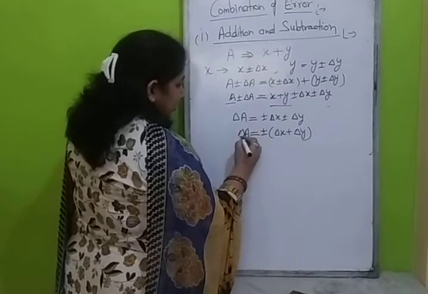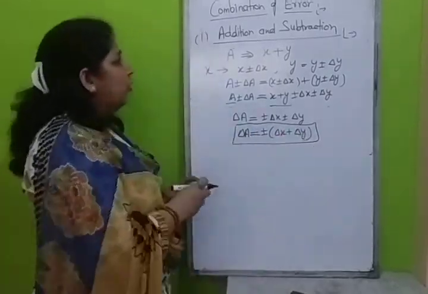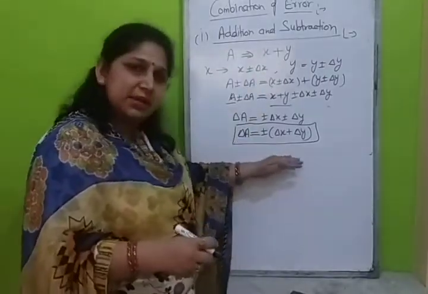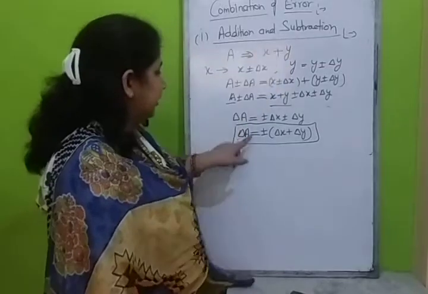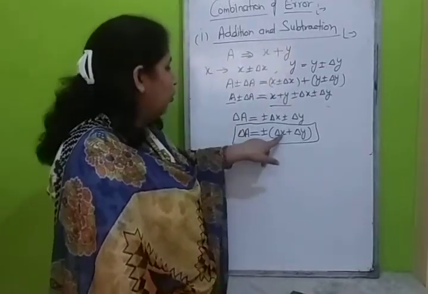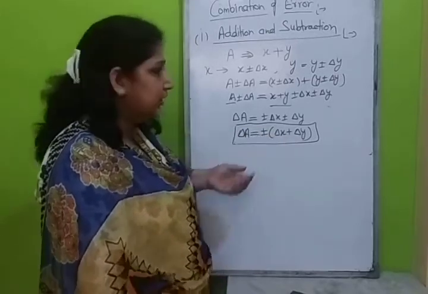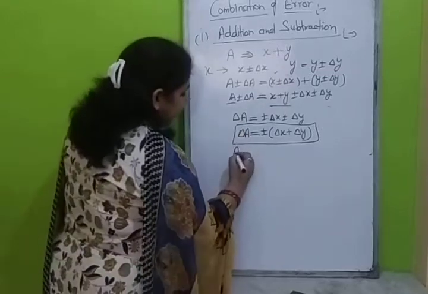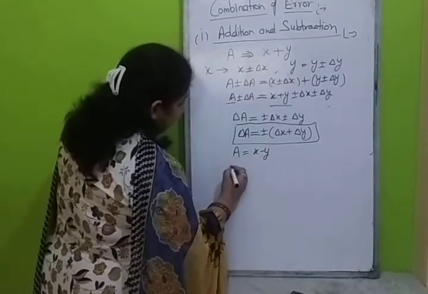Or we can say plus minus, taking the common term, plus minus (delta x plus delta y). It means the error during addition or subtraction, when we do it with a minus sign, we will get the same result. When we do addition or subtraction, the resultant error will be equal to the sum of individual errors. When we take the difference, meaning if we have A is equal to x minus y, then again we can get